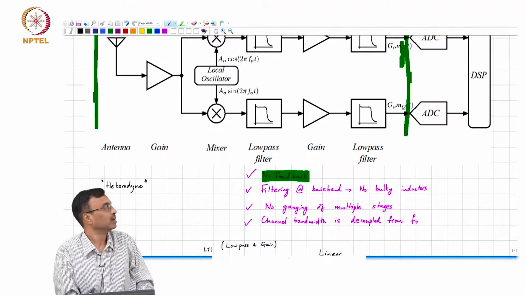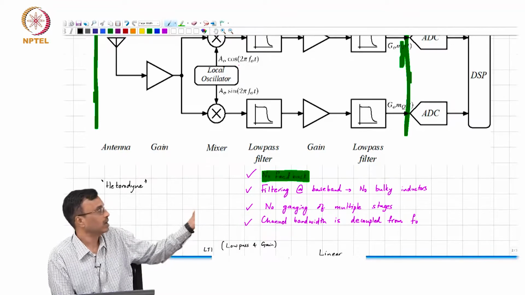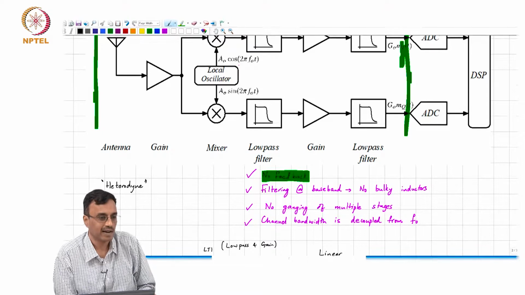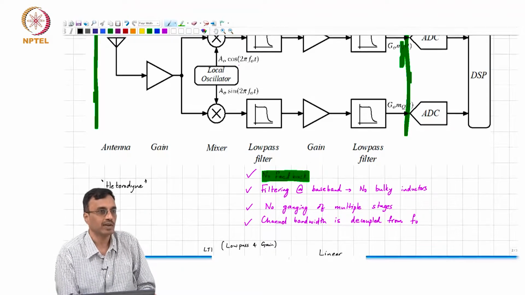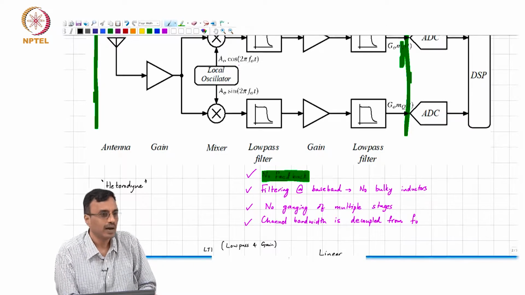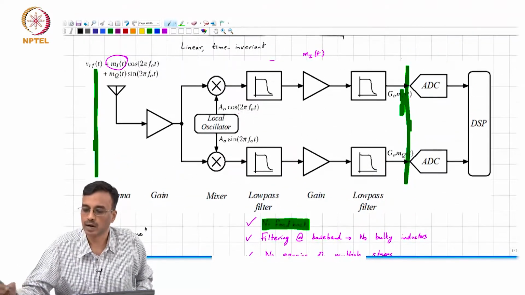Each one has its own trade-offs, but if you open up your cell phone today, you have two wireless LAN receivers, two Bluetooth receivers, multiple cellular band receivers, and so on, and all of them are pretty much based on this radio architecture, which is called the direct conversion architecture.